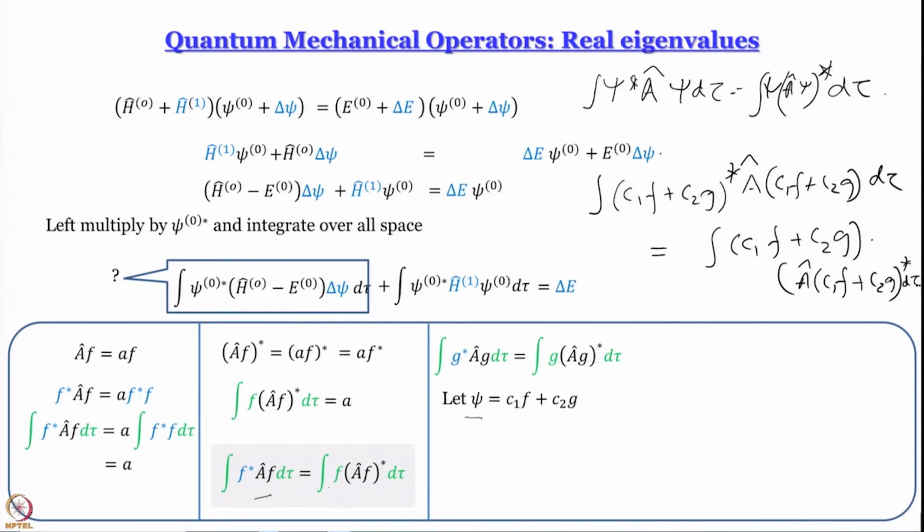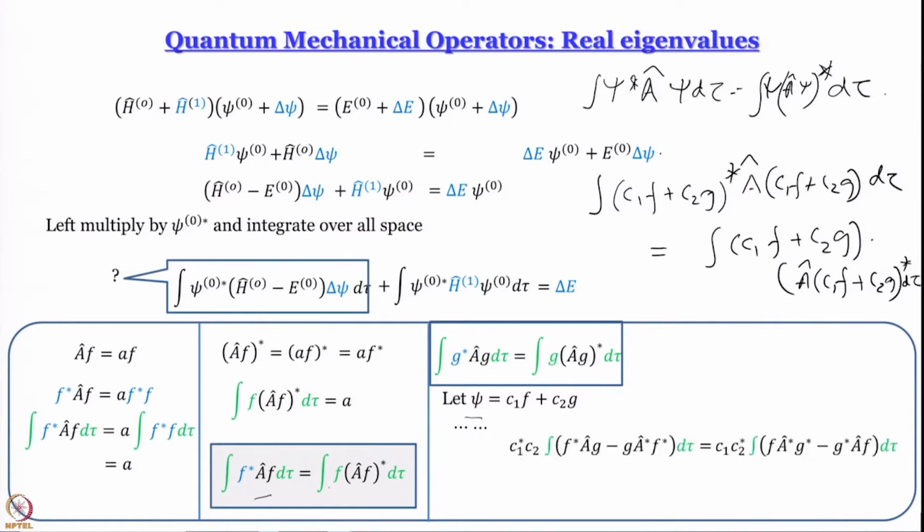Then we expand this, that is the step that I want to skip. It is not all that difficult, because a hat operating on this linear sum will be C1 multiplied by a hat f plus C2 multiplied by a hat g. It is as simple as that, linear operators, is it not? And then you just open this up, using the values of f and g, and you put in these expressions also. It is a little tedious but not impossible to come to this expression.